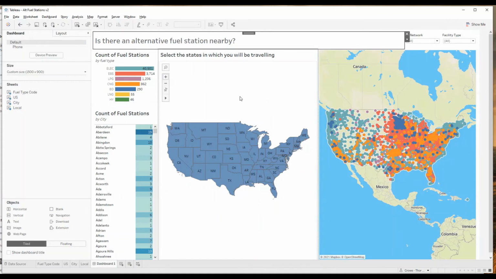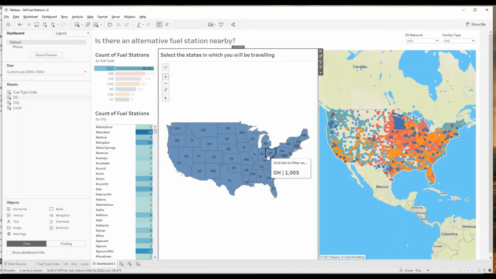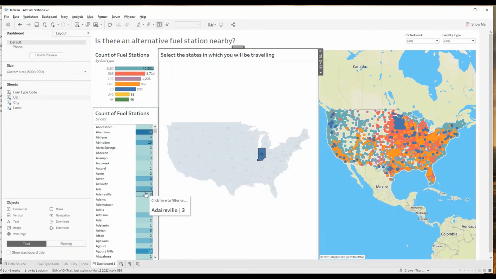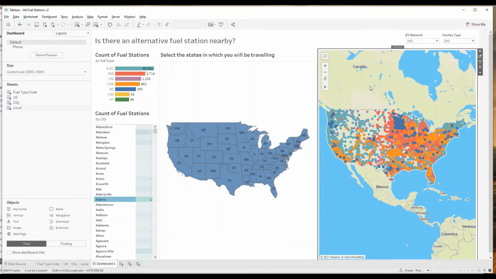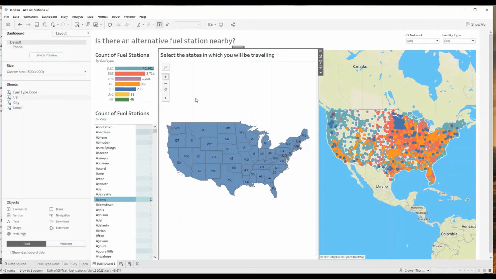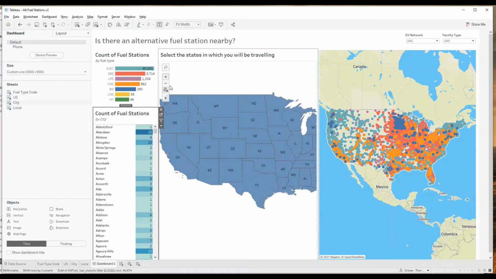So we want to build in the interactivity here so that when I click on an electric fuel station, it filters the whole sheet. So that when I click a state, it filters the whole sheet. So that when I click a city, it filters the whole sheet. Okay. So the idea is we want this to be hidden until we select a state. Okay. And then we want this filter for city to filter here. Okay. And to filter here. So let's go ahead and check that out. I want to unselect atoms. Let's go ahead and start building our